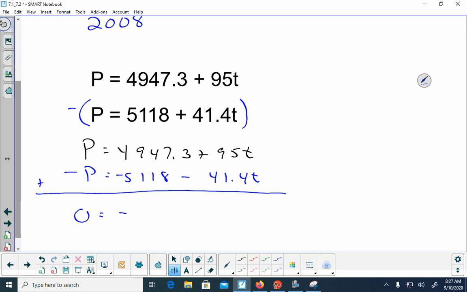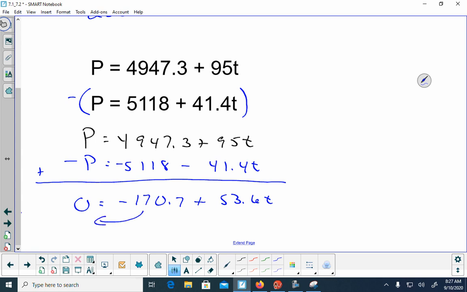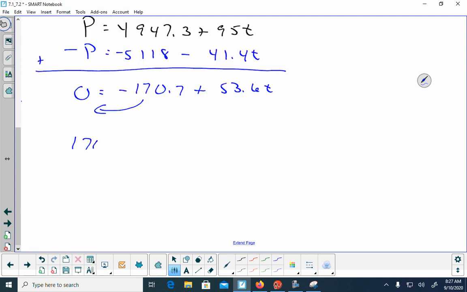And again, negative 170.7, and then this will be plus, so 95 minus 41.4 is 53.6T. I'm going to bring this over since it's linear, so I'm going to have 170.7 is equal to